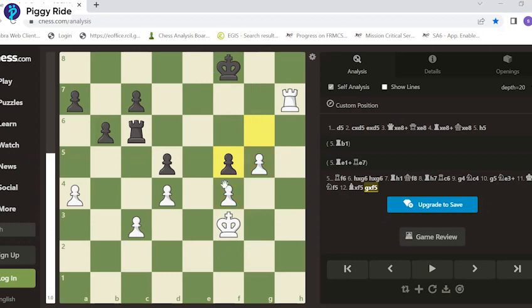Now white plays the move king to g3. Anticipating the capture of c3, black captures the pawn, and now white plays king to h4, and black goes rook to f3.